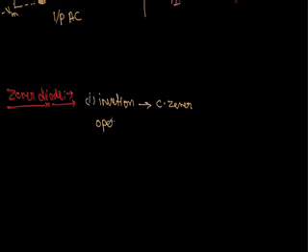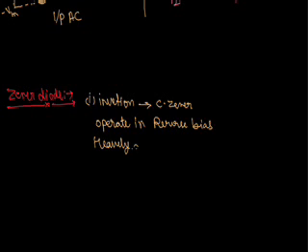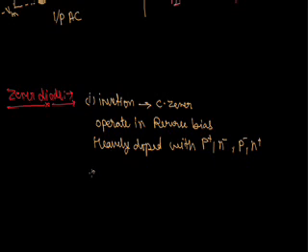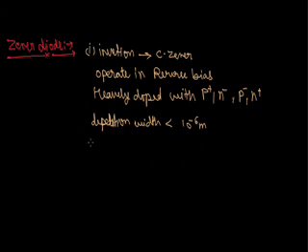This diode operates in reverse bias. It is heavily doped with P plus N minus ions or P minus N plus ions. The depletion width is very small, less than 10 to the power minus 6, which means the depletion layer is very thin, and the electric field here is approximately 5 into 10 to the power 6 volt per meter.